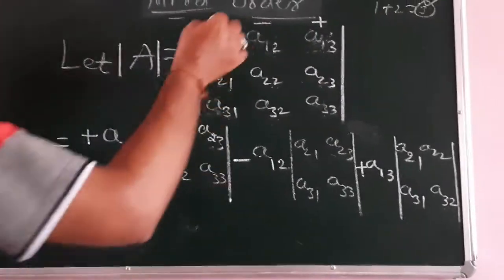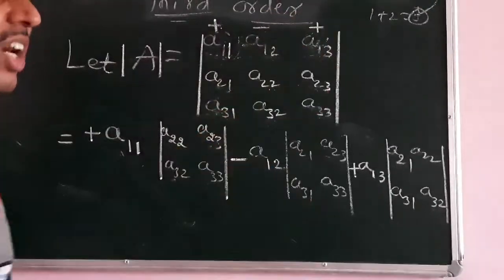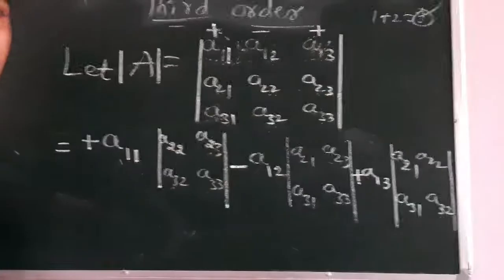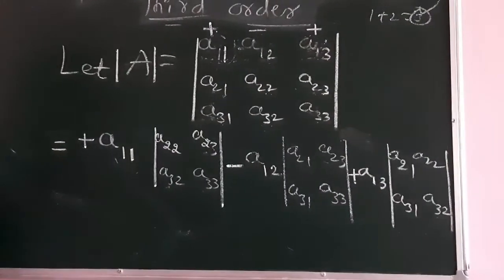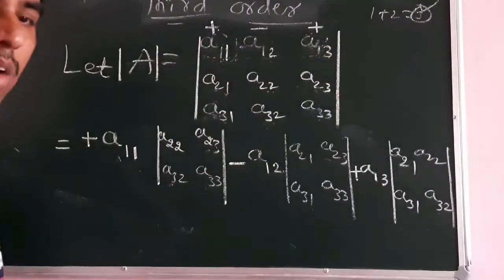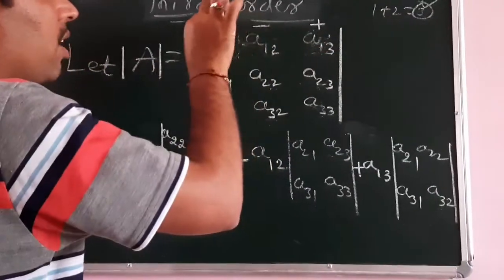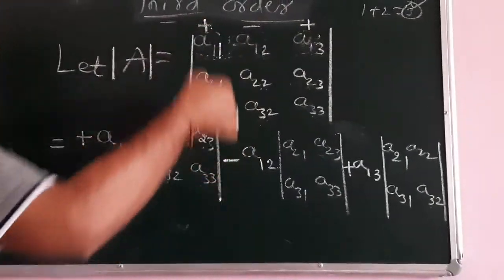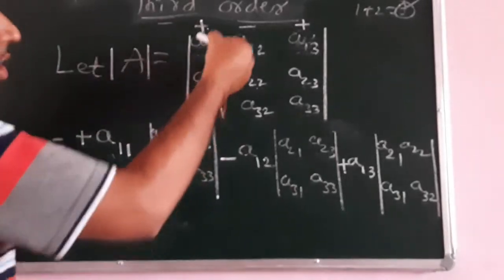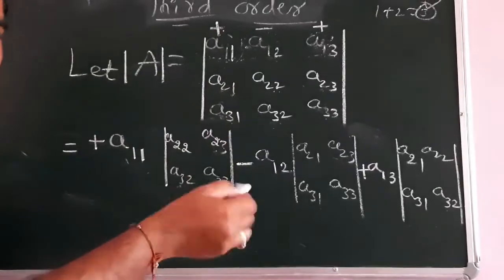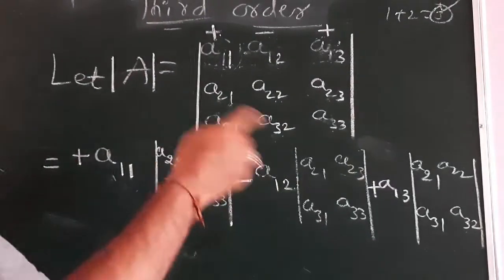What we have to do is write plus, minus, plus alternately. I am going along the first row, but you can consider any row or column. It is not the rule that you should do it like this only. First try to understand the basic point. I am considering the first row, that's why I wrote plus, minus, plus. If you go column wise, this will also be plus, minus, plus. Okay, that way also we can do it. So let us understand this one.